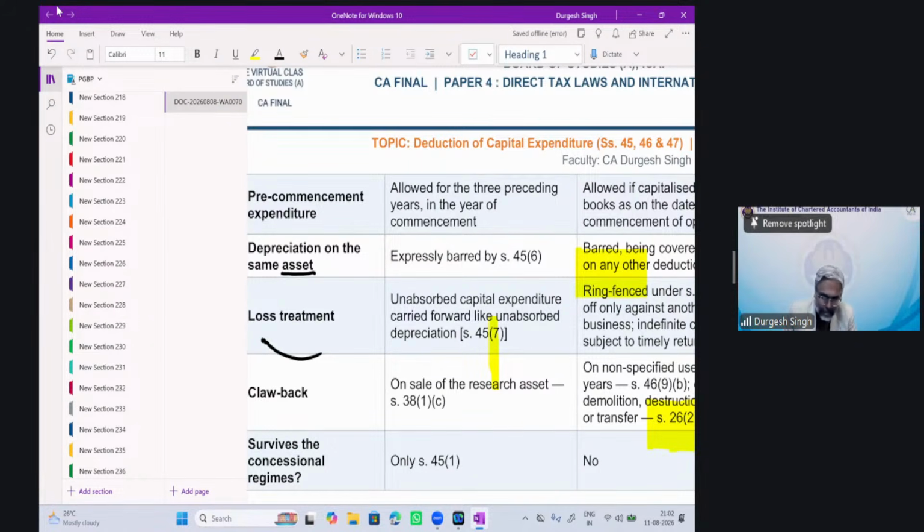Sir, you had given WDV in special cases, the inconsistencies one. Have you all got hold of this WDV in the special cases? Yes, sir. So here you had given 41(2A), 41(2C), 41(3), and 41(4). These were the four sections which you had given.